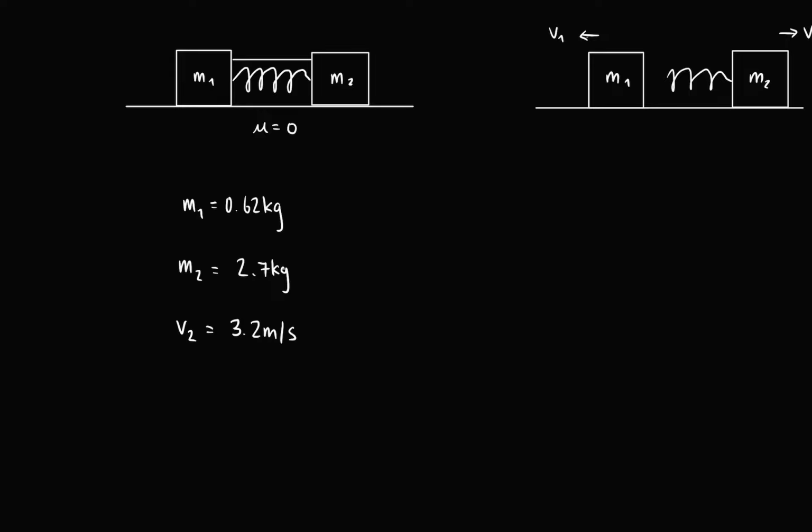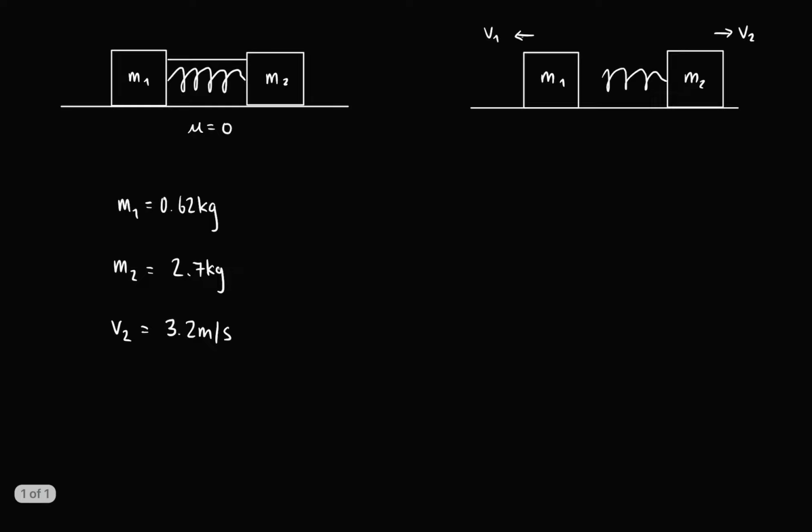Well, what we are essentially solving for is how much energy was stored in the compressed spring before the cord was burned. Immediately, we should think of energy conservation. And so there is going to be potential energy and kinetic energy in this system. With kinetic energy, we're going to need to know both velocities, both V1 and V2. This is an easy calculation.